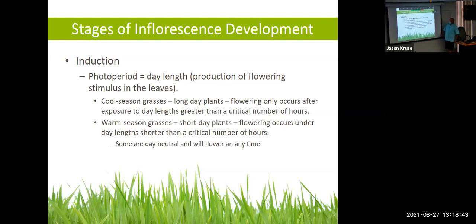Warm season grasses are short day, so they look for days shorter than a critical number of hours. And so we see warm season grasses start to throw seed heads after the summer equinox, and we'll see it coming in the fall here. Sometimes it's triggered with high temperatures. Sometimes it's drought stress. I saw a really weird situation on Florida Field when Celebration was out there. There were seed heads on everything except where,